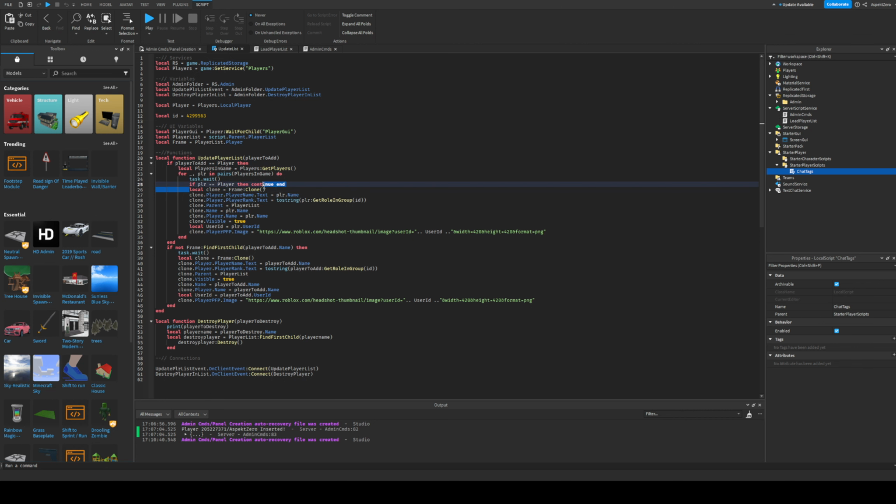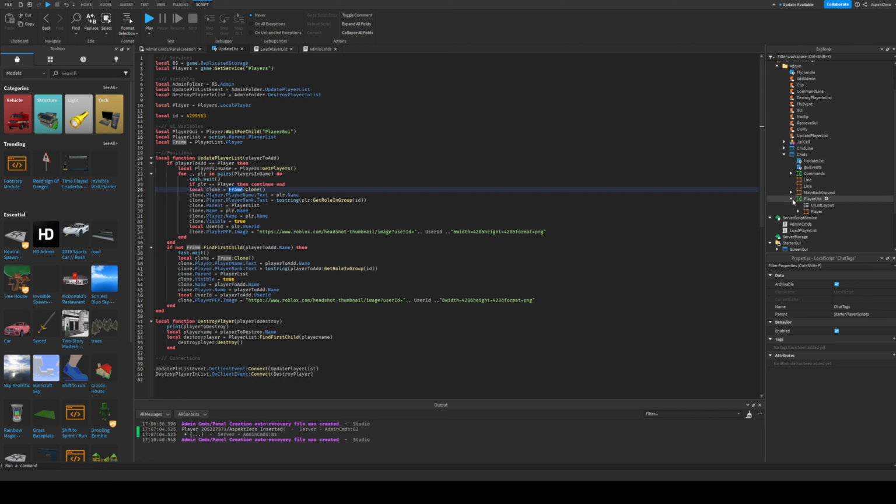Now we're going to say we're going to clone everything. So local clone equals frame clone. Frame is tied to player list.player. So let's see where that is. Commands player list.player. So this is what they're cloning, and as you guys saw before, this is what each player box looks like in the game. So then we're going to say, okay,